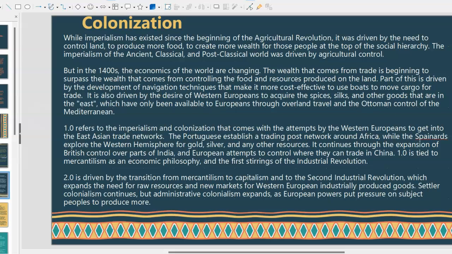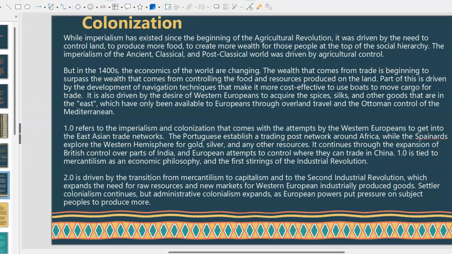Settler colonialism continues, but it's only going to be in specific areas, areas where they feel the land can still be used to produce cash crops. So while after 1776 the British aren't perpetrating settler colonialism in the Western Hemisphere because they don't control it anymore,